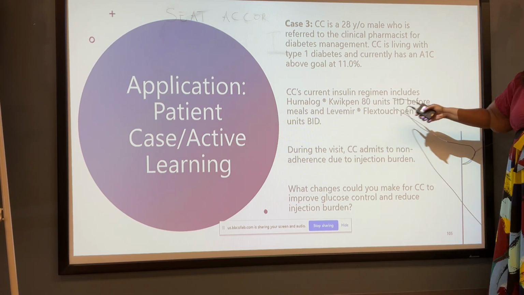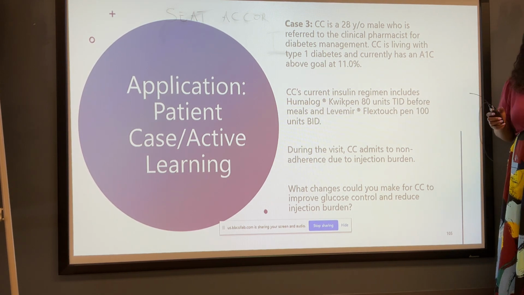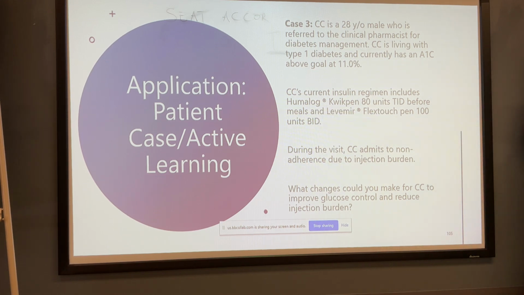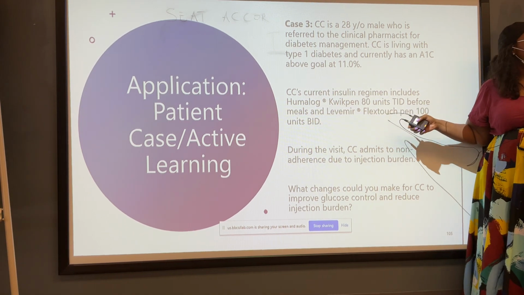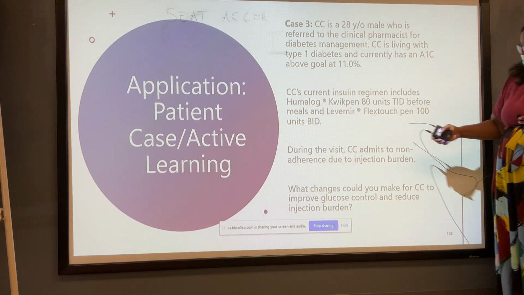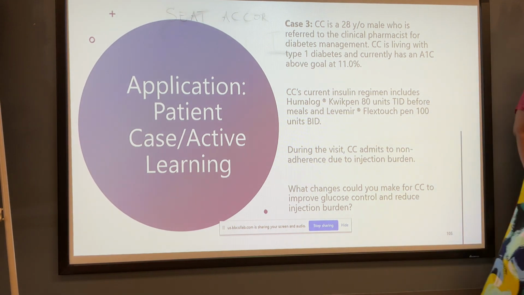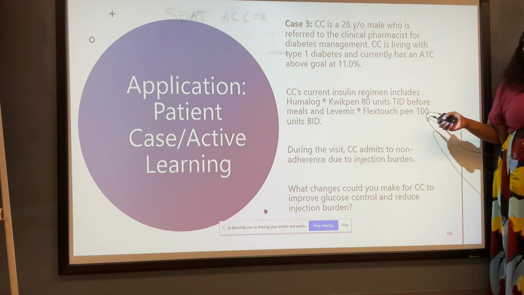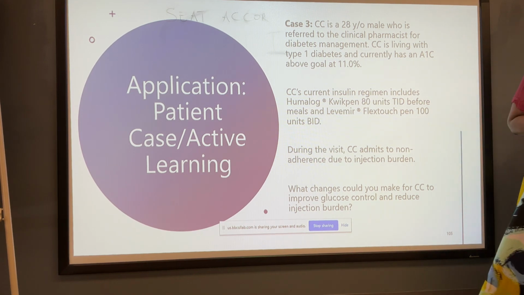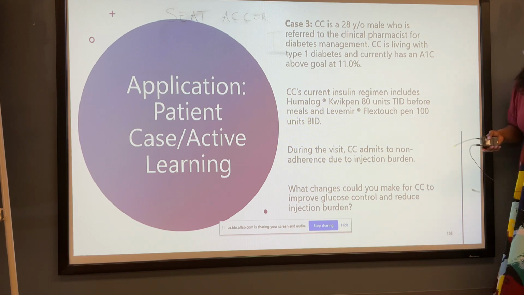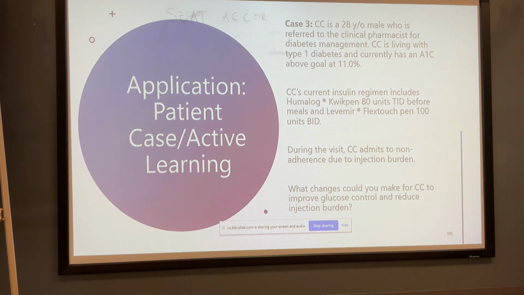Okay. So they're on Humalog pen. How many units can we turn up to in Humalog pen? 60. But the patient is on 80, right? So how many units can we dial up with the Levemir pen? 80. And the patient's prescribed 100. So if they go to their doctors who don't know this, they just say, go up on your insulin, go up on your insulin. And the patient's at home like, I can't. My pen only goes up to 60 or my pen only goes up to 80. So what could be happening is